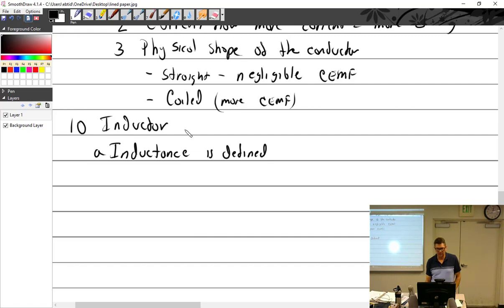So an inductor is a coil. So inductance is that opposition to current flow. Like resistance, but it comes not from a resistor, but from a coil. All right, inductance is defined as that property